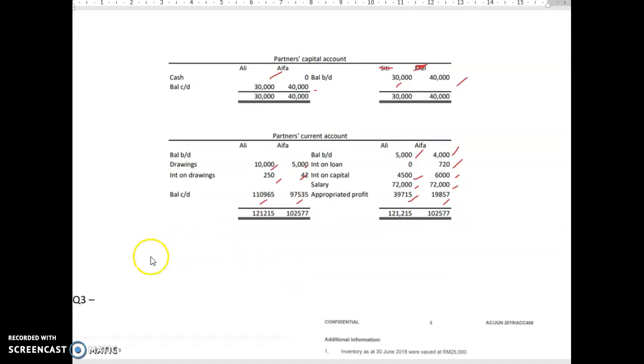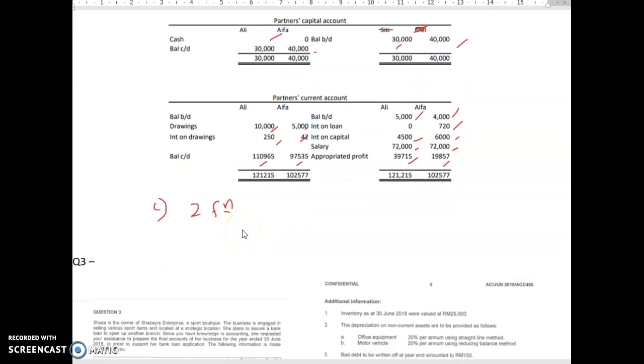And then don't forget to answer question C: two functions of P&L appropriation account. Please answer this function later, don't leave it out. It's a loss if you leave it out. Okay, so question number